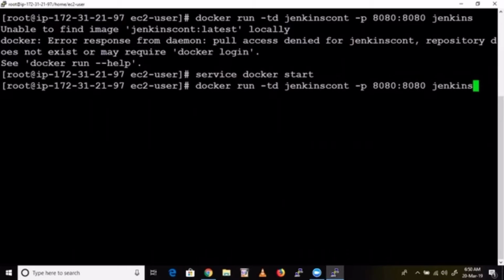So tell me, guys, what was the mistake here? Any mistake in this command? You have to mention --name. Docker run -td --name container name -p. That's all. We forgot to mention this.